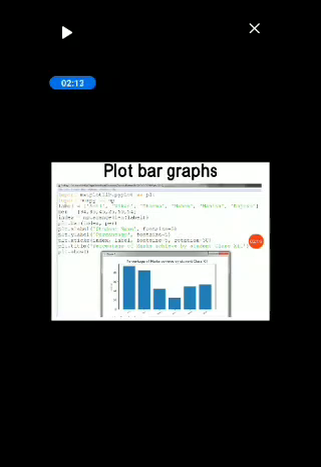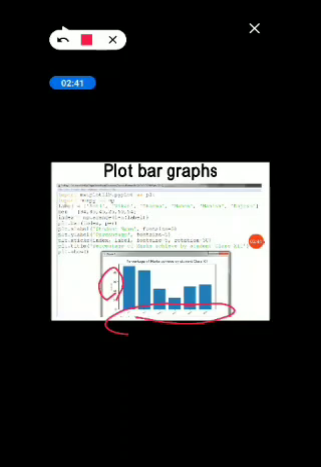Now I am creating plt.bar, and the bar graph is drawn against index and percentage, and I'm setting the x label. The x-axis label is set as student name, and the y-axis label is set as percentage.